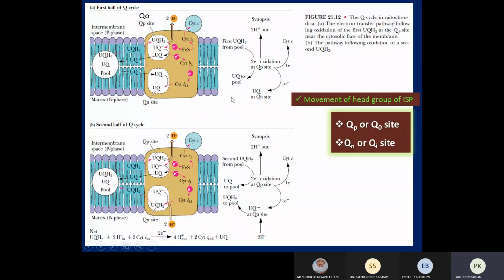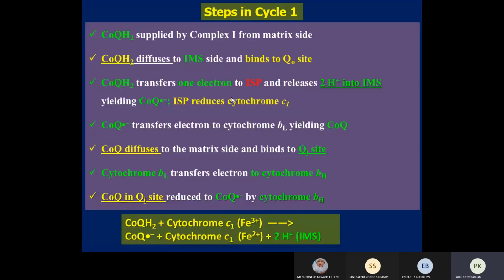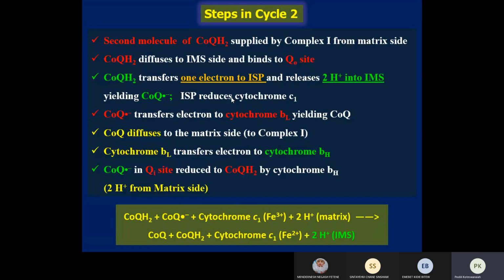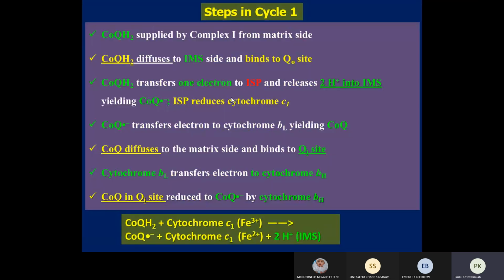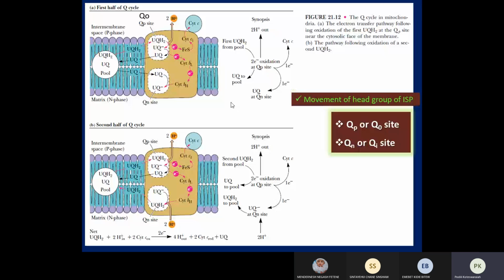So that is the first half of the Q cycle. Coming to the second half of the Q cycle, again another molecule of reduced ubiquinone binds to the QP site. Again, one electron is transferred to the iron sulfur protein and it becomes the semiquinone, and two protons are transported to the intermembrane space, and the ubisemiquinone further transfers